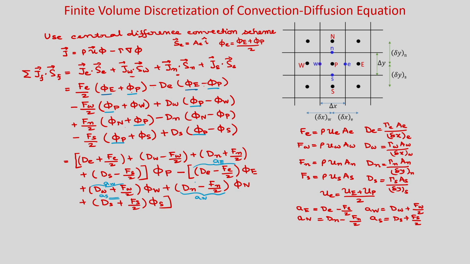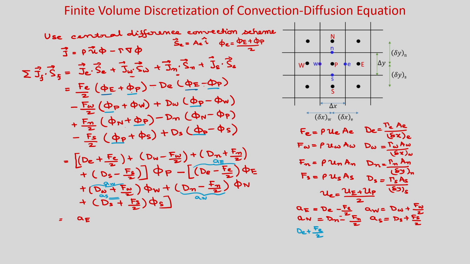Okay. So, and this term, the first term, okay, this you simplify. So, if you write the first term, you see, d plus f e by 2, I will write as A e. Okay. So, if you write A e, so what is A e? So, d minus f e by 2. So, I have subtracted minus f e by 2. So, again you add plus f e by 2. So, let me write here. So, I have d e plus f e by 2.